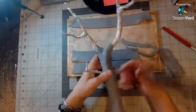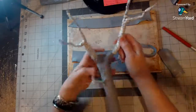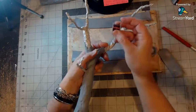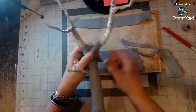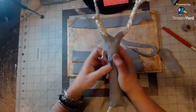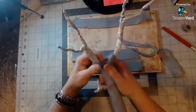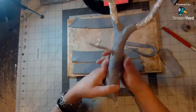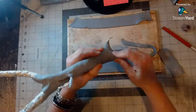What was I going to say? You would just take wires and shape them in the way that you want. You could twist them, or you could just leave them side by side and wrap a little wire around it, like one of the thinner wires like this, and wrap it around. And then you're putting a little bit of tin foil on it to give it a little bit of thickness, because you don't want to make your polymer clay more than a half an inch thick, unless you're making like a little block or something like that, because polymer clay on the whole does crack. That's why we're using armatures, and that's why I like using the cos clay, because the cos clay